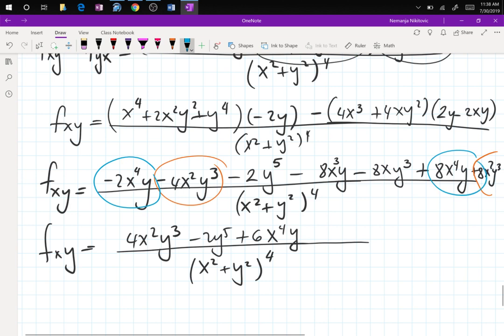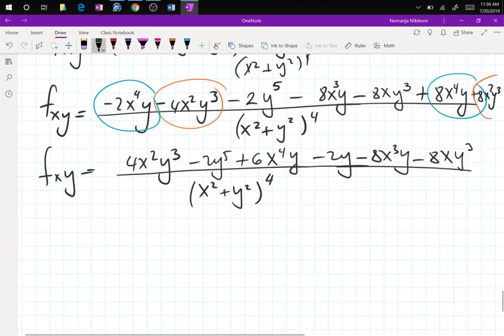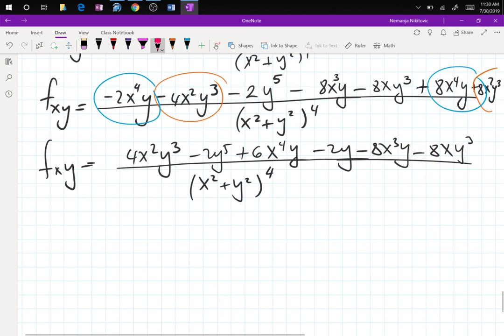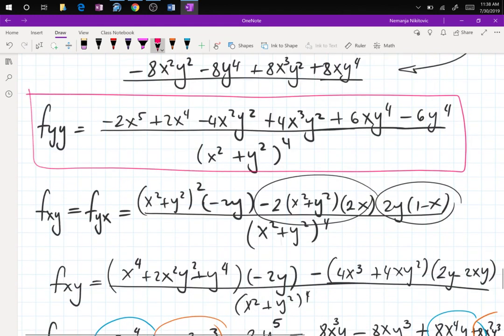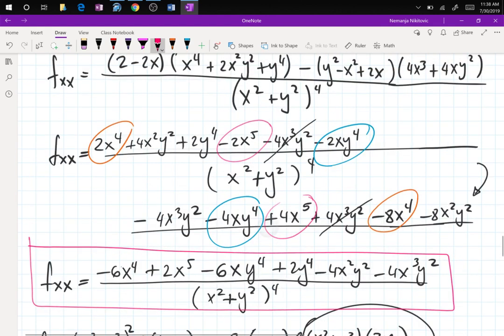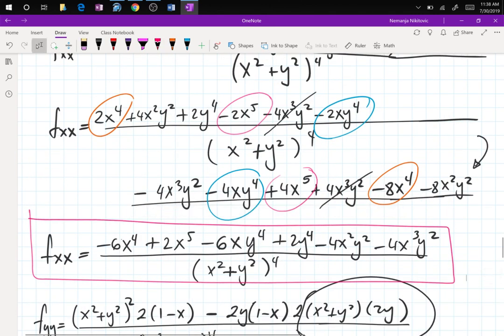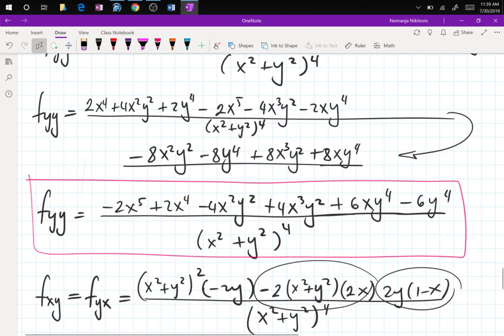xy cubed, I have to copy xy cubed. Well, the rest are all copies. Minus 2y, minus 8x cubed y, minus 8xy cubed. There it is. So that's the important equation for us because we use this in D. That's important. Great. All right, so now that we have these derivatives done,